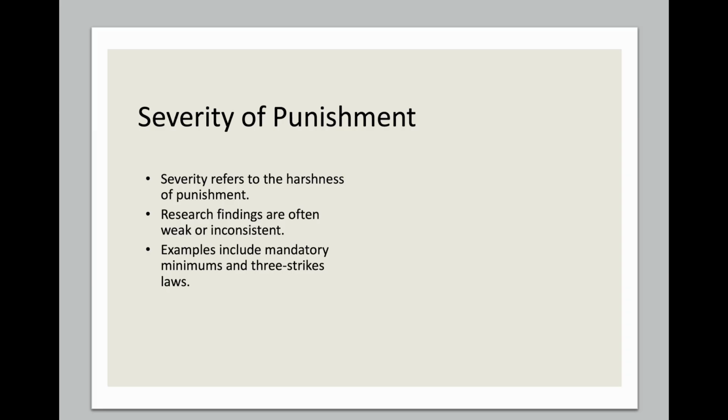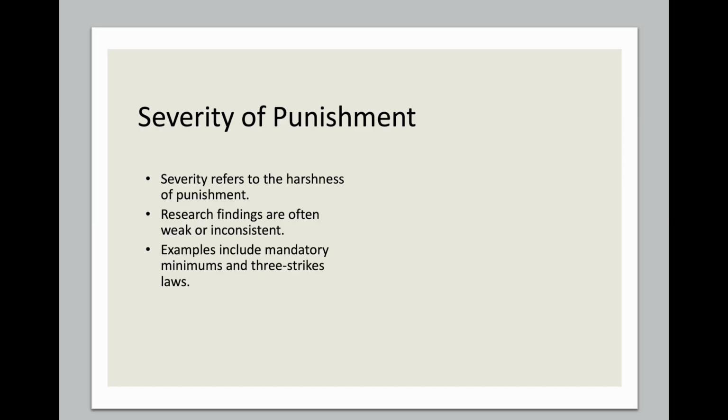Third, certainty and severity interact. A very severe punishment may have very little deterrent value if the probability of getting caught is perceived as extremely low. Again, this reflects Beccaria's insight that certainty might matter more than severity. Now, this has enormous implications for criminal justice policy. Most of American criminal justice policy has emphasized punitive severity, mandatory minimums, truth in sentencing laws, sentencing enhancements, habitual offender statutes, and mass incarceration. Yet deterrence research often suggests diminishing returns from increasing severity alone, which creates a tension between the political rhetoric espoused and empirical evidence that we've observed.